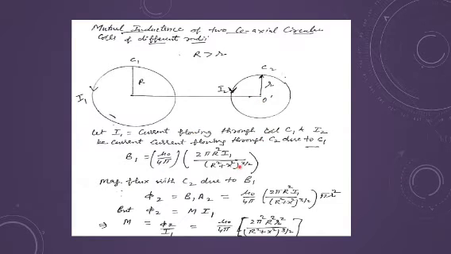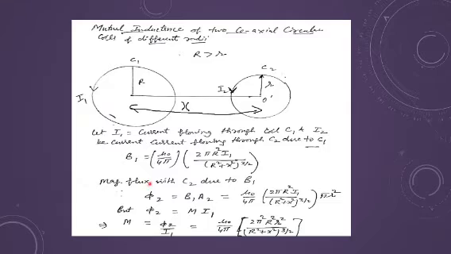You should be able to use this formula for the magnetic field, that is mu naught upon 4 pi into 2 pi r square I1 divided by r square plus x square to the power 3 by 2, this distance is of course x. You should be able to get that because we have done this derivation. So you should be able to work out the things, and you should be able to solve it.